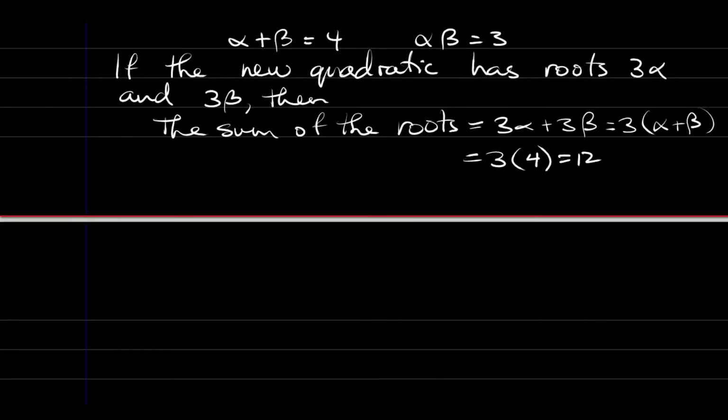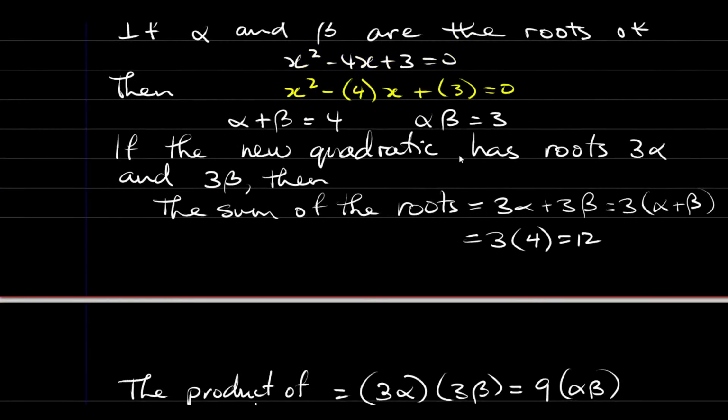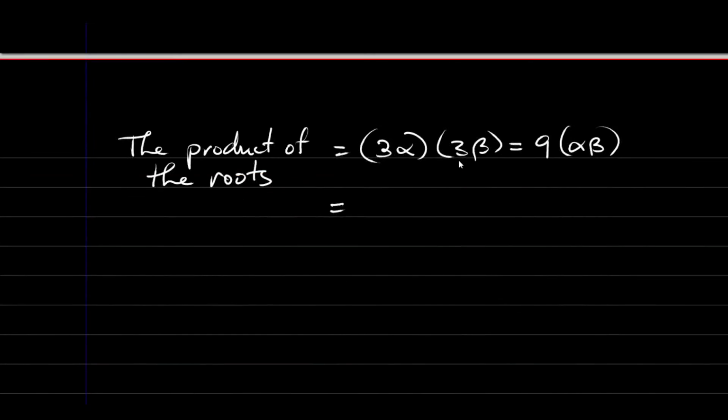The next part, I'm supposed to have the product of the roots. Right? So the product of the roots is going to be equal to 3 alpha into 3 beta, which is 9 times alpha beta. And alpha beta up here is 3. So I'm going to have 9 into 3, 27. And then I can say